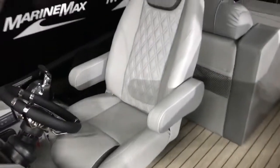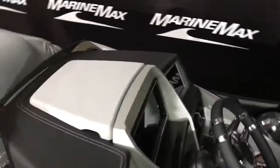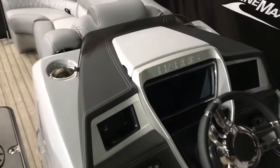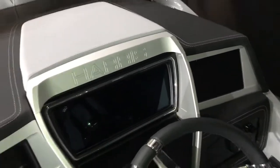Very comfy. Nice big helm chair. And the Grand Mariner helm. This has two options. You can get the two touchscreens, which we did for the boat show, or you can